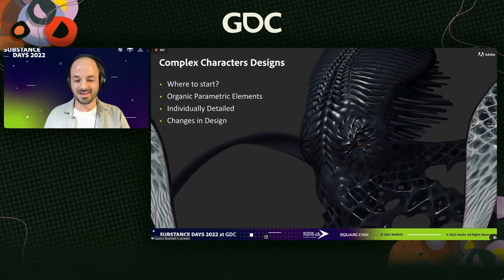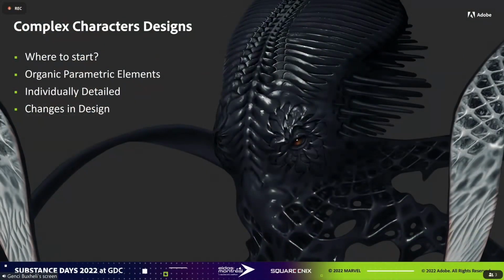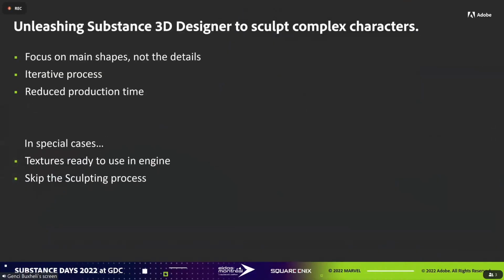So I was really scared that at some point I would get a request to basically modify the look of this character. And since we don't have a lot of time to do that, I needed to find a new technique that was more time efficient into how do I actually sculpt this model. So for that exact reason, I decided to include Substance 3D Designer and its non-destructive and parametric workflows into my